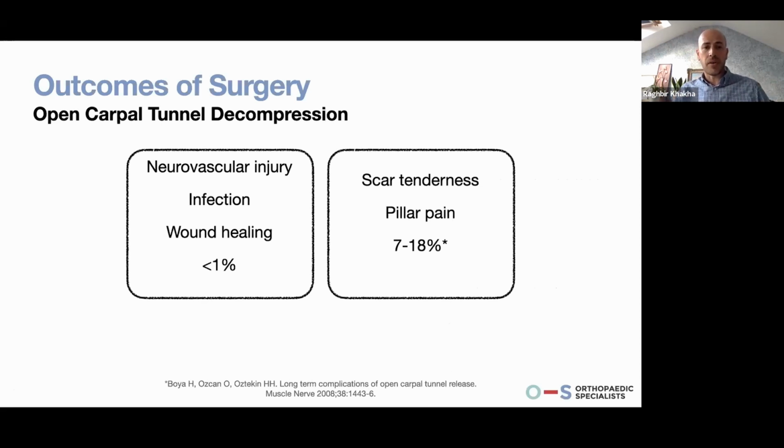So open carpal tunnel decompression, some of the risks associated with the procedure are generally very low. Any of the significant injuries, such as neurovascular problems, damage to nerves, vessels, infection, or wound healing problems, are less than 1%. Scar tenderness and pillar pain are slightly more common. And just by virtue of doing an open carpal tunnel, performing an incision in the palm, releasing the transverse carpal ligament, there is an inherent